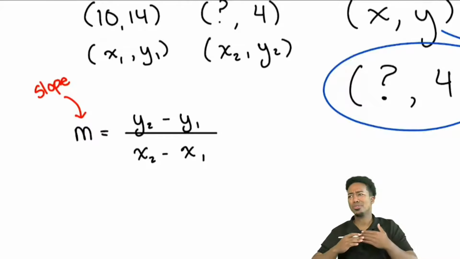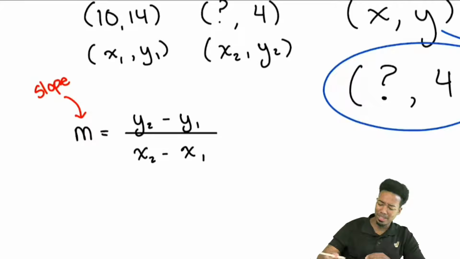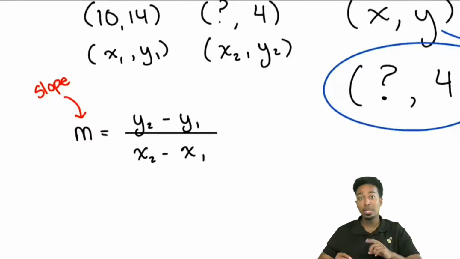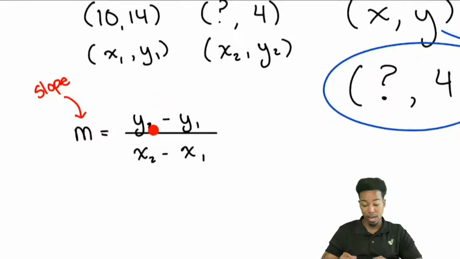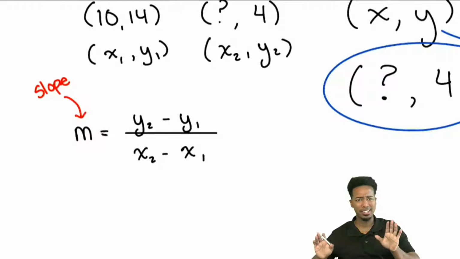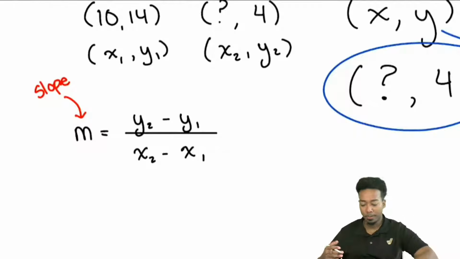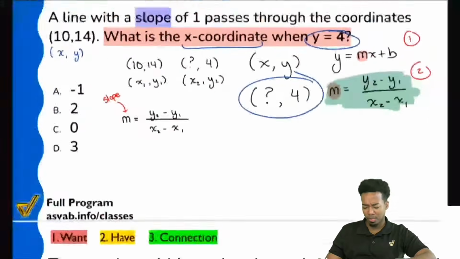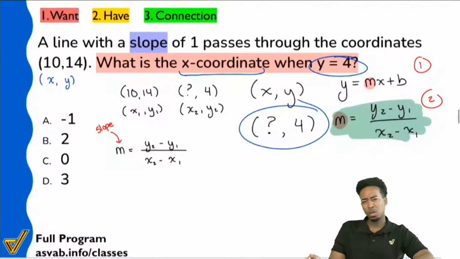If you have any experience with this at all, I can tell you this: the order doesn't really matter. Just make sure that you're using the same order on the top and the bottom. So if you start with this y up top, then this x starts on the bottom. Just make sure you're lining it up the same way and you're fine. And you're subtracting. But once we're here, all we got to do, like I said, is fill everything in and we're good. My party people, what did this problem say was the slope?